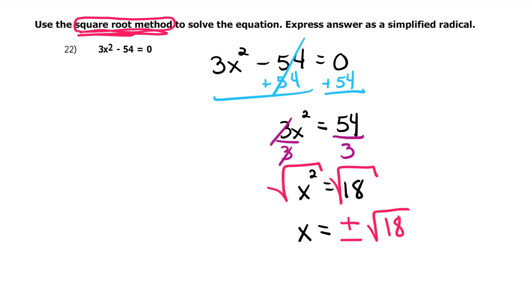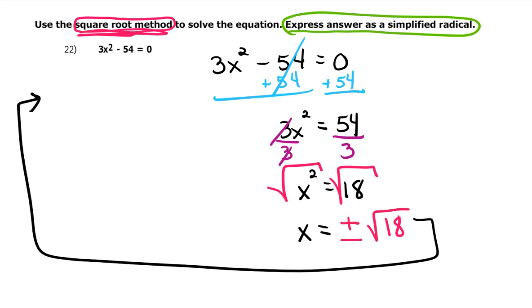I asked you, however, up here, I said, please express your answer as a simplified radical. 18 is not a perfect square. However, follow me. However, 18 can be broken down to be the square root of 9 times the square root of 2. 9 times 2 is 18. 9 is square rootable. So x is going to equal the positive or the negative of the square root of